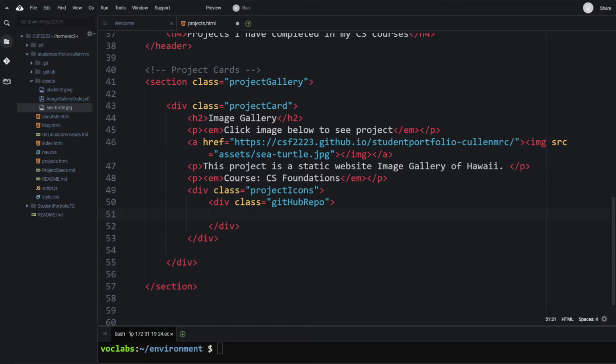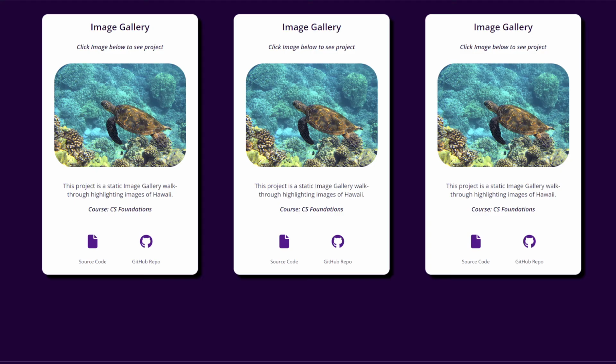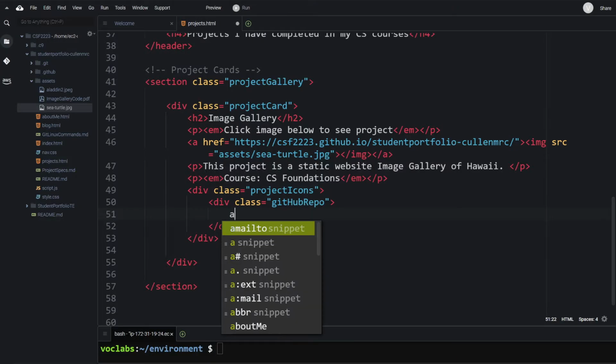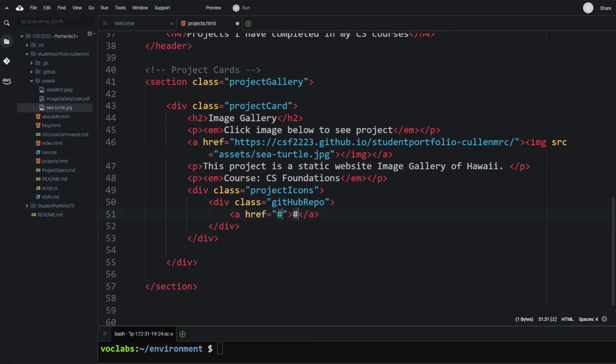And inside of this, we're going to have an A tag with a link. And then we're going to bring something called Font Awesome in so that we could get this little icon down here. So we're going to get the actual cat from GitHub, the icon. So let's first create the anchor tag. And we want the link to go to the actual repository. So go back to your original